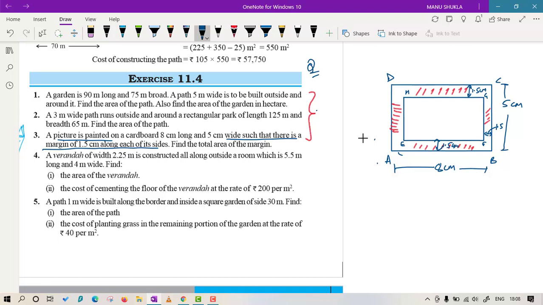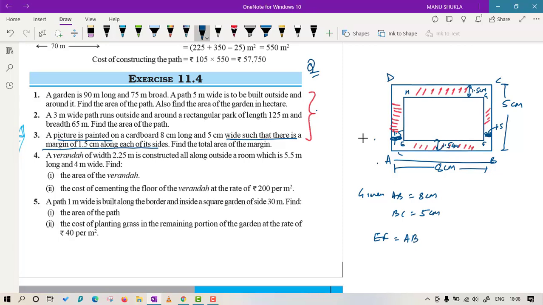Now let's come to EF. So given to us is already AB as 8 cm and BC as 5 cm. We have to find, using our mind, the value of EF. Again, if you observe, AB is the outside thing, and if you take away this left portion, which is 1.5, and the right portion, which is 1.5 again, so we can say EF is actually